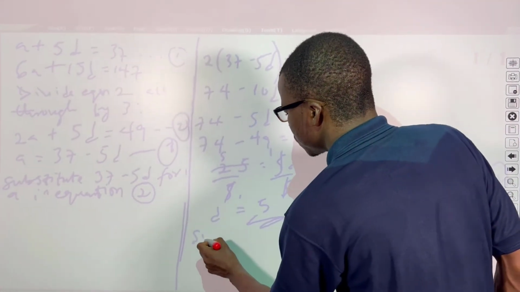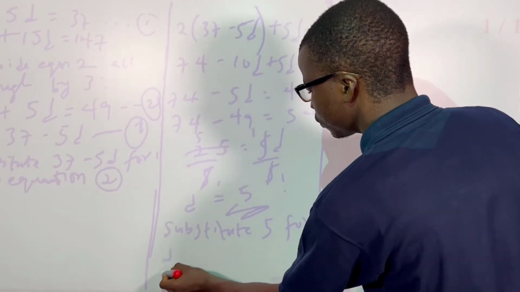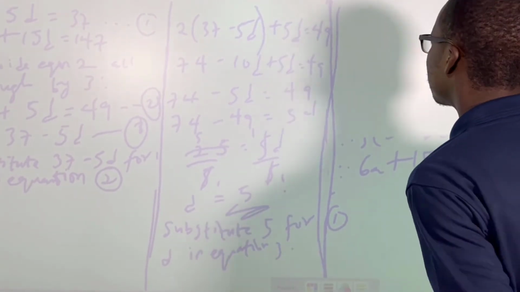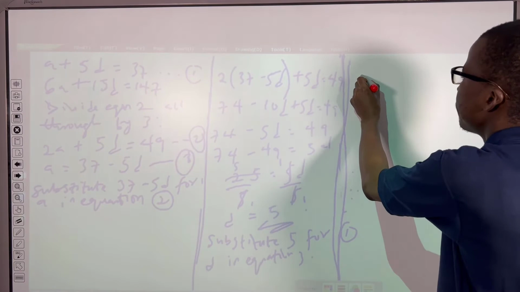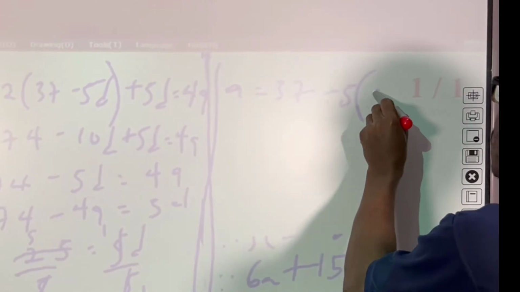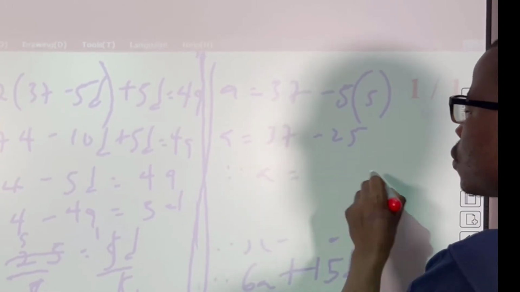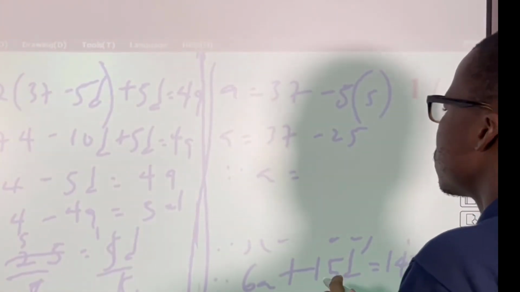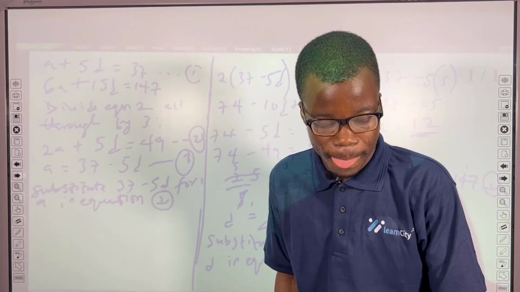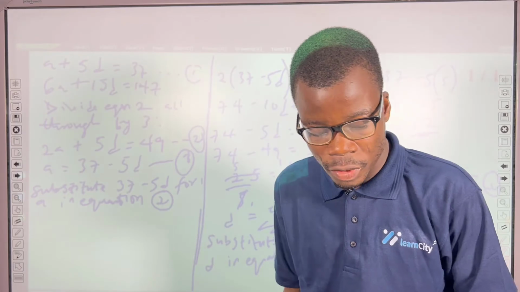you say substitute 5 for d in equation 3. So you come to equation 3 and you say a equals 37 minus 5 into bracket. What's our d? Our d is 5. We have a is equal to 37 minus 25. Therefore, a is equal to 12. That's our a. Let's attempt the second part of the question, which says find the sum of the first 15